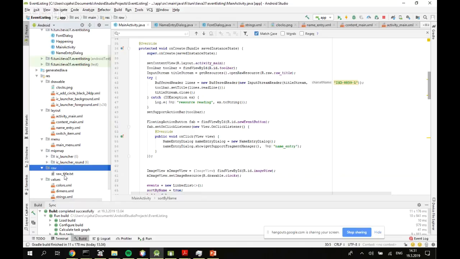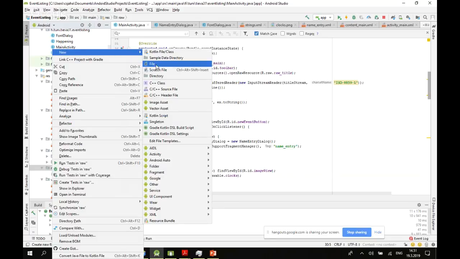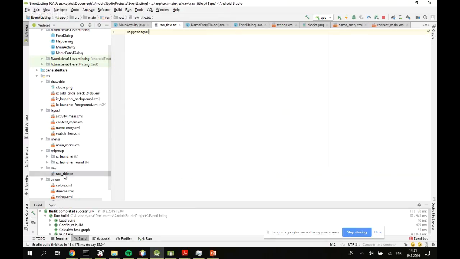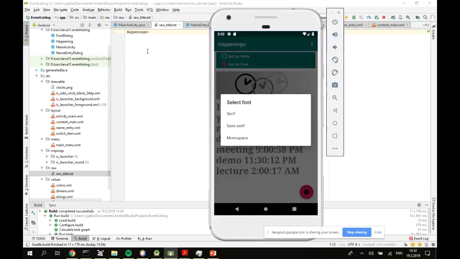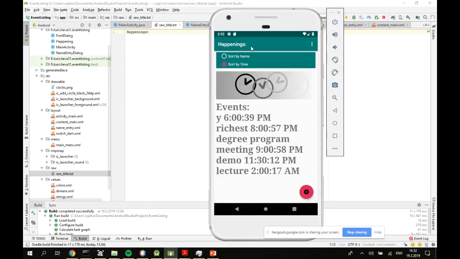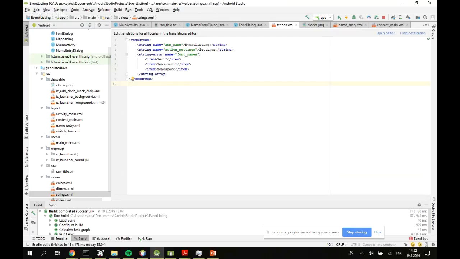And so if you have code to parse any binary format or text format file, you can just put it in the raw resources and read it from there while the program is running. In the slides, I have an explanation of how to create this raw folder, and as said, you can just drag and drop stuff here, or you can also just create from here a GNU file, just a generic file. I have here actually a text file which has one word, happenings. So in the interface, actually this text comes from this raw resource. Obviously, in real life, you don't want to do that. You want to use the strings, the values file, to contain all sorts of text that goes into the interface. But for the sake of example here,